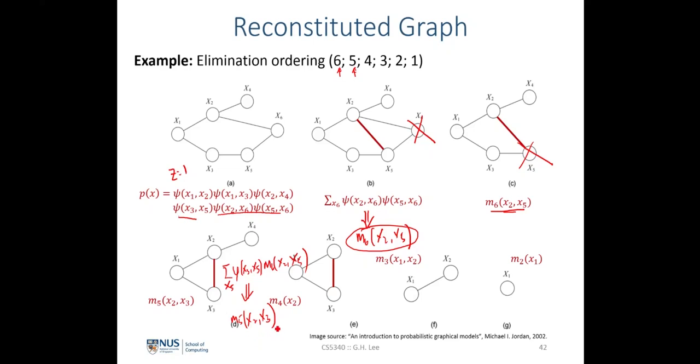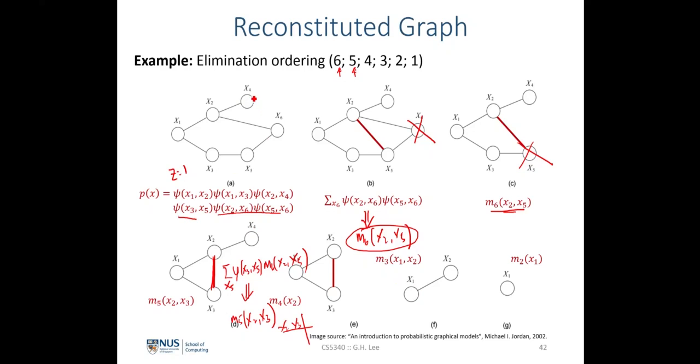So this means that we have a table that consists of x2 and x3 in the probability distribution here. And what it means also is that by eliminating away x5, we have created a relation between x2 and x3 here. So similarly, the next step would be to eliminate away x4, and we will see that in